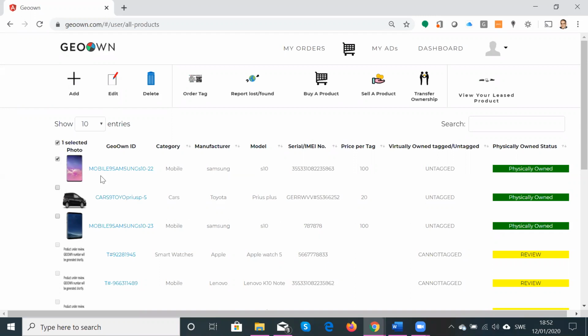So the edit function is such that you can edit only one product at a time, and you can also report lost and found only one product at a time. So if you select more than one product, the button is disabled, so you can't do anything here. So you need to select just one product if you want to edit it. Now, once you click on this, you go to the edit product page